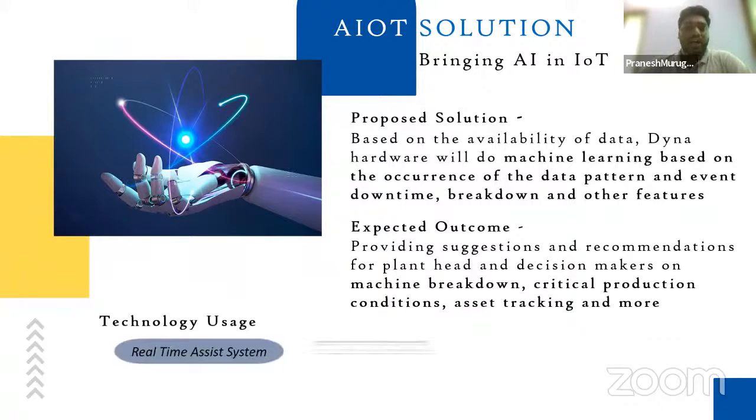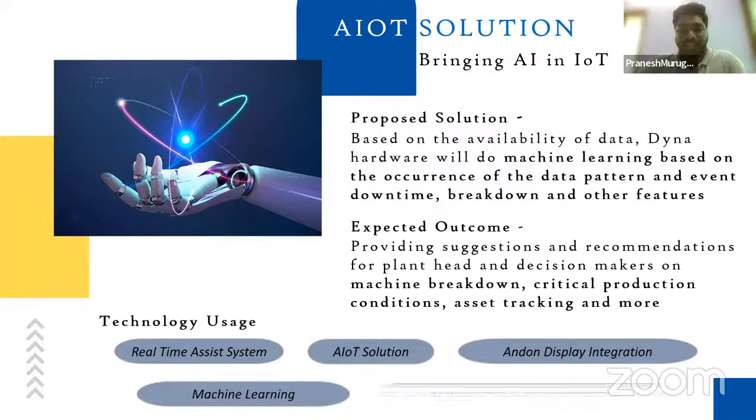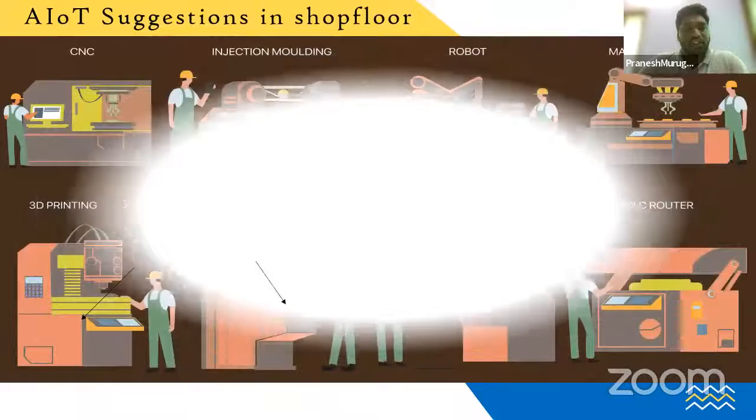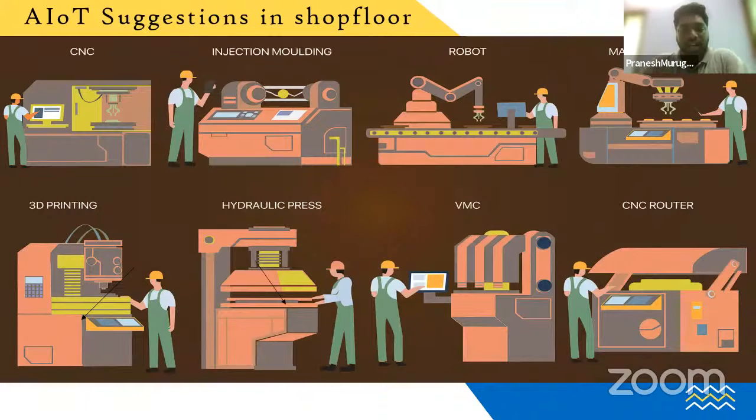So I'll just show you how this AI is bringing effectiveness to the shop floor. For example, these are the shop floor and these are the machines in the shop floor. And right now you can see the breakdown prediction of the particular machine and equipment. Our AI system will let you know that this system is going to shut down in a week or in 10 days because of the frequent occurrence of a particular motor issue, pump issue, or energy issue. So based on the occurrence of the